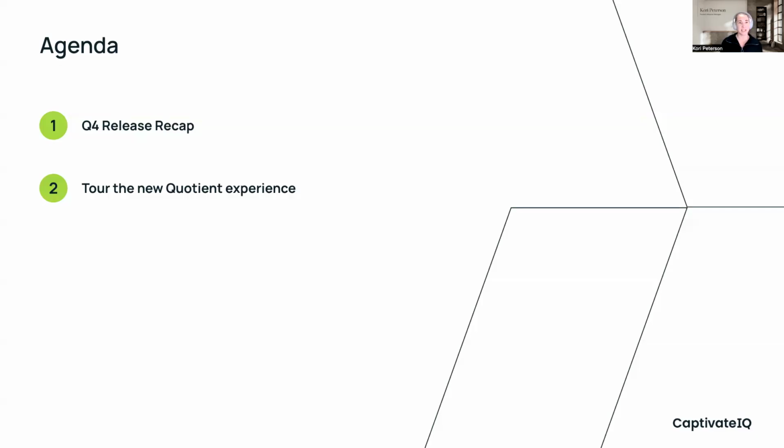Getting started on the agenda, we're going to start with the GA releases that have happened from Q4 to now, just making sure that we're all up to date, that we haven't missed anything from over the holidays, especially since one of them is related to a pretty big feature that a lot of people are using. And then towards the end of the webinar, we will focus on the new Quotient experience, giving you a tour since I know some things have moved around and changed, and even give you a couple of use cases for how to use one of the exciting new features launched as part of Quotient.